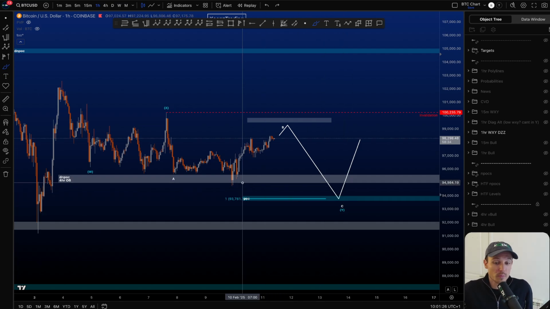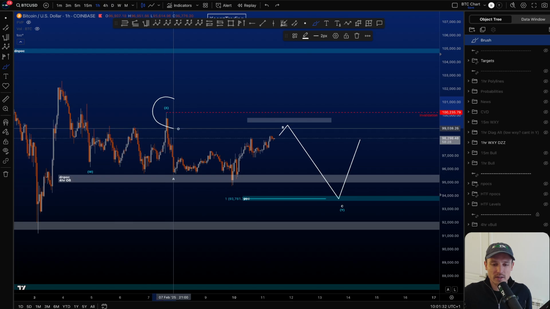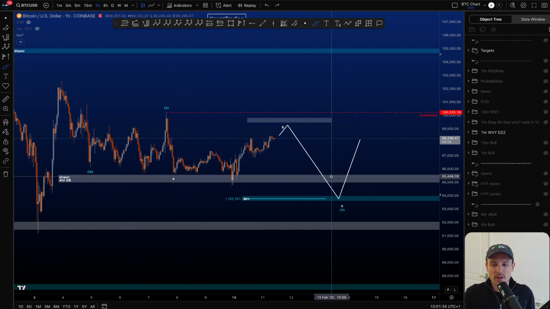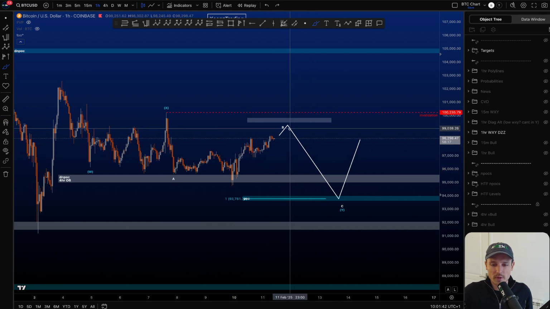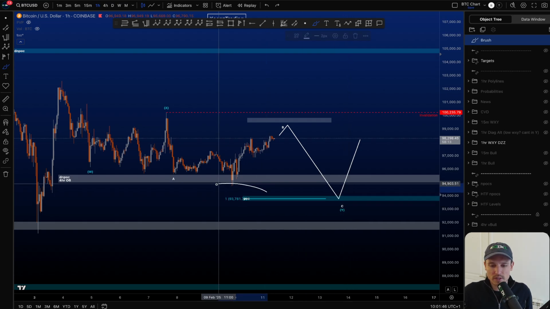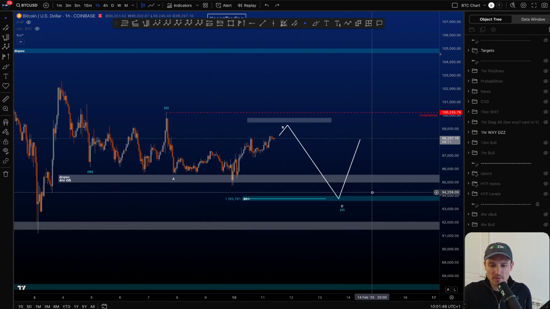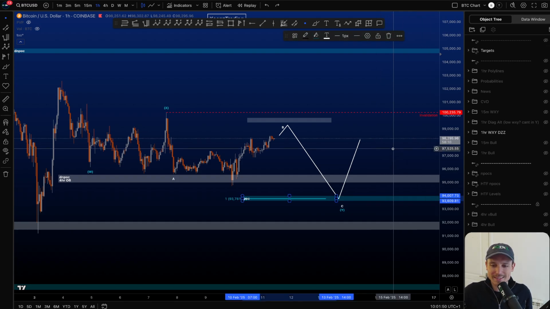So, of course, therefore, preferably you would think, okay, low is in and we continue to the upside, 105k next. Important though here is price taking out this high at 100.2k, because then this scenario goes out. Here we are looking for a 3-wave corrective structure to the upside in a wave B, and then price to move to the downside one more time impulsively to touch the box that we have below here between 93.6 and